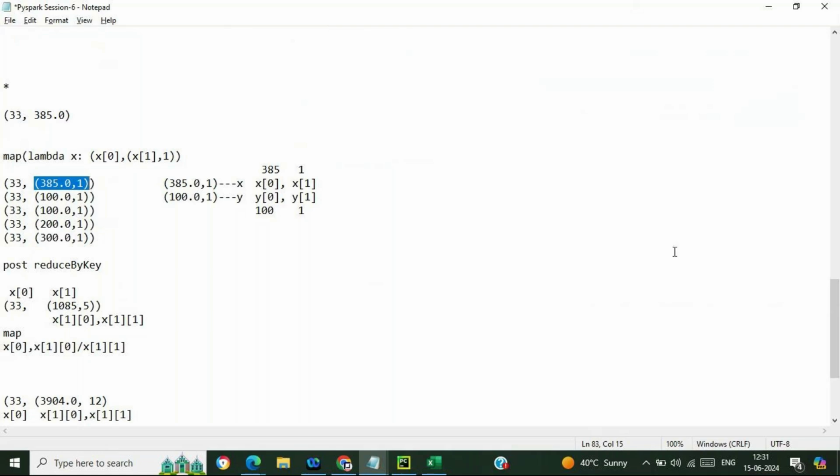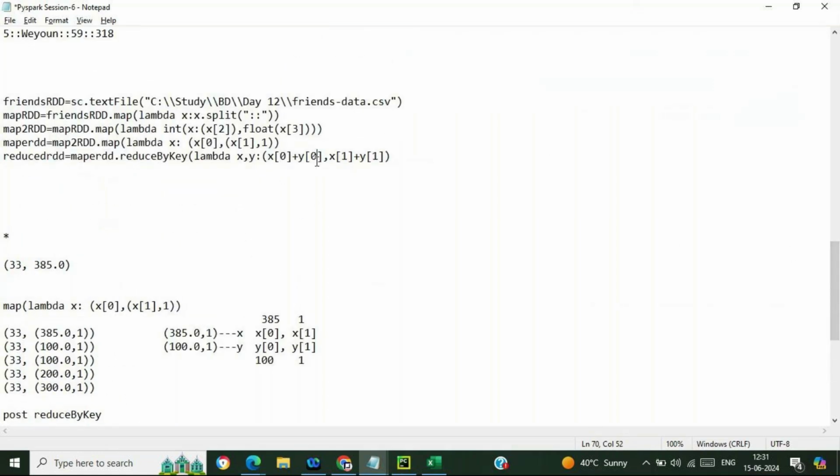If three elements are there, then x of 0 plus y of 0, x of 1 plus y of 1, and then x of 2 will be in the picture, so it will be x of 2 plus y of 2. In that particular way we need to proceed.